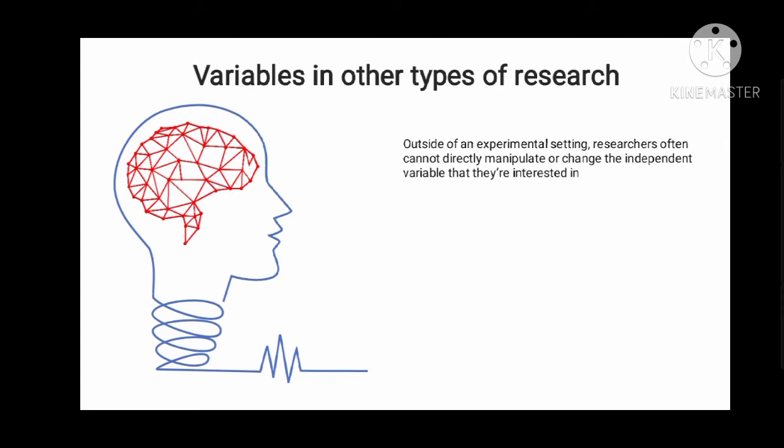Next, variables in other types of research. Outside an experimental setting, researchers often cannot directly manipulate or change the independent variable that they are interested in, for example in social science. Instead, they must find already existing examples of the independent variable and investigate how changes in this variable